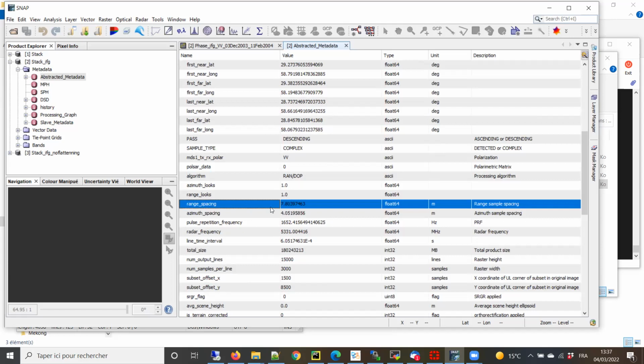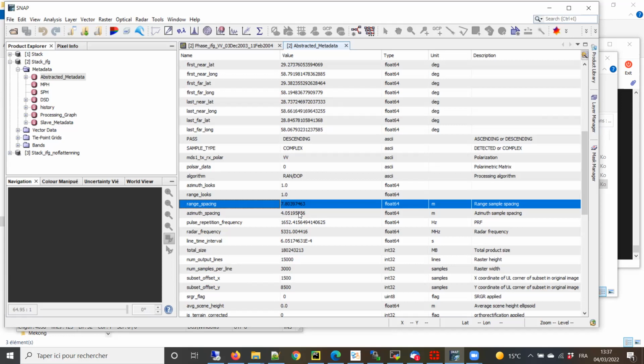So remember, for the stripmap ASAR data, you can see here the range resolution is close to a meter, and the azimuth spacing equals 4 meters. In contrast, with modern data like Sentinel-1,